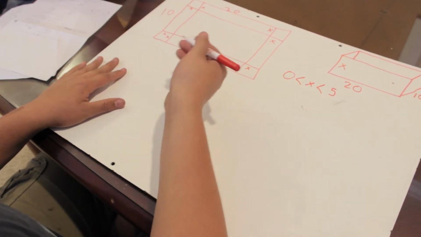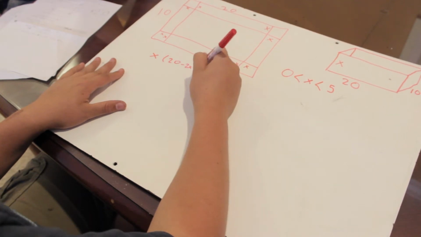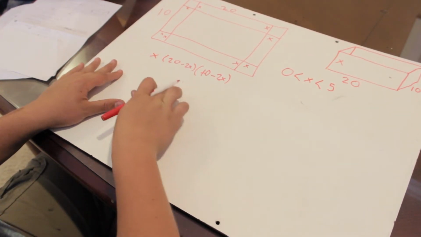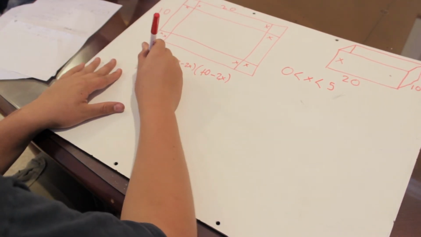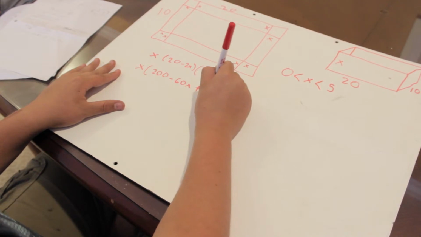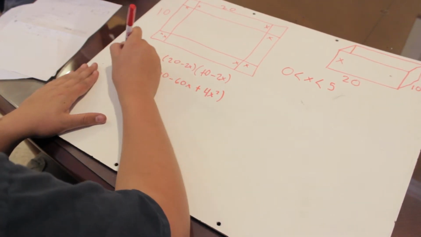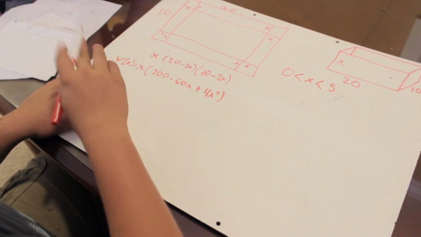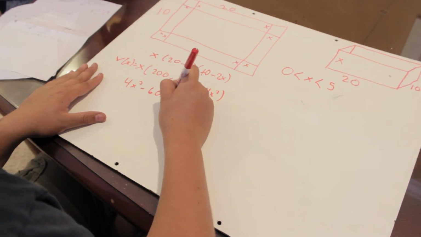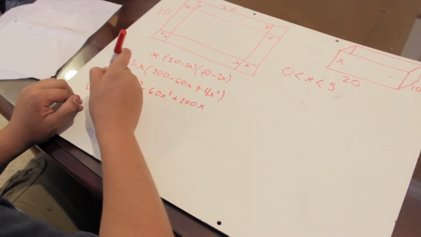Yeah, an equation we can find from this is x times 20 minus 2x times 10 minus 2x. And so if we use the FOIL method to get these two, we find that it's 200 minus 60x plus 4x squared. Now if we times x in, I'm going to flip this around because I wrote it the wrong way. This is V of x. So it's 4x cubed minus 60x squared plus 200x. So if we take the derivative of this, we find that V prime of x is equal to